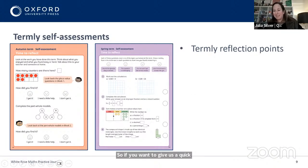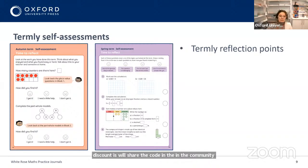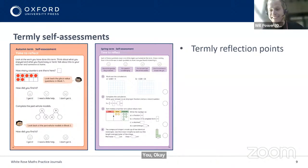and if Becky will just confirm what the discount is, we'll share the code in the community. That would be awesome. Wow, I'm sorry, is that for me? Yeah, yes, my parting words really